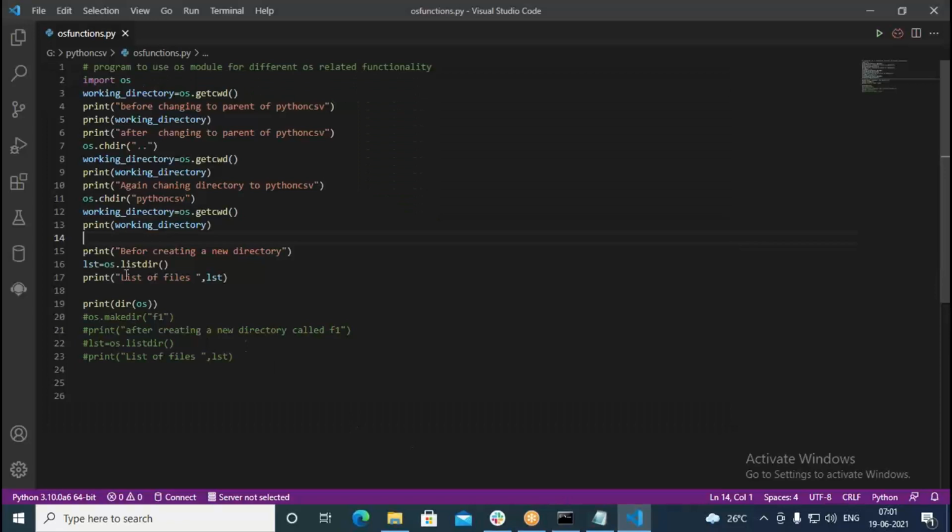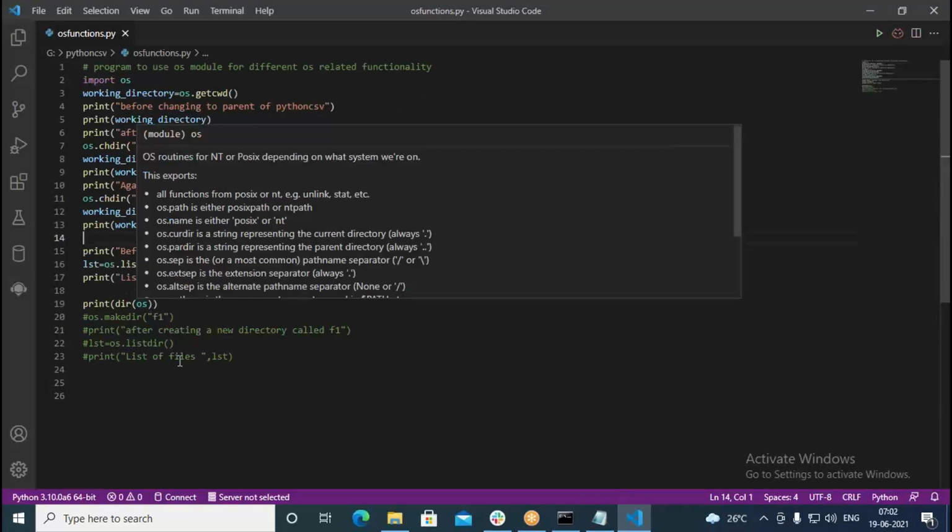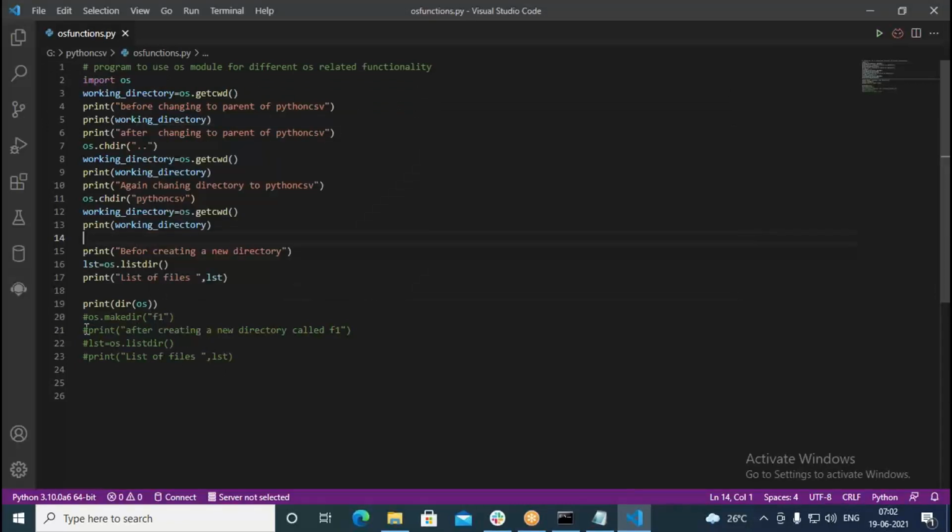So therefore we change it to the mkdir command. I just comment this, then here I put os dot, instead of going with make dir, just write mkdir command. Okay, just put mkdir. So that should create a new directory for us.